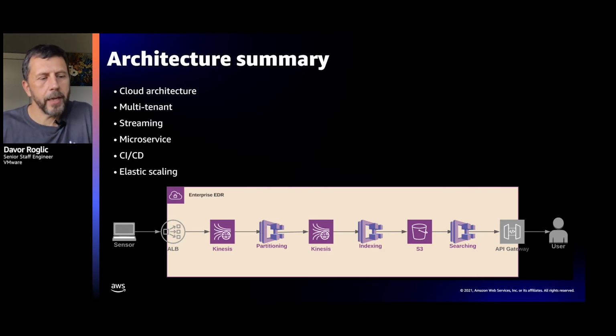And then after that, we pass it to our indexing layer, which takes each partition, stores it in a separate index. Indexing stores it in S3, and finally, those S3 indices are offered to another compute cluster, which exposes data through API for searching. So we have done this on very large scale.